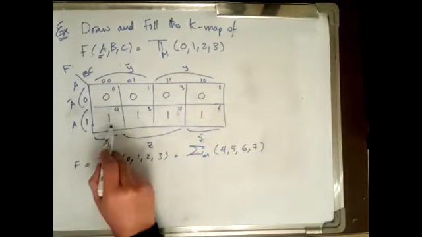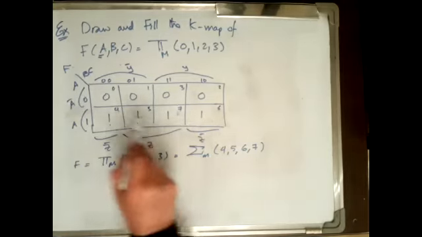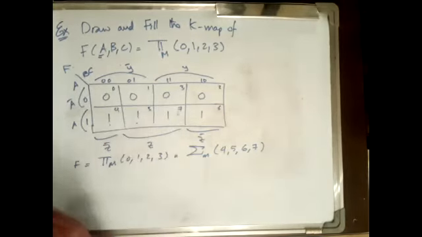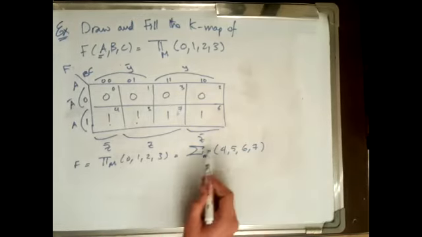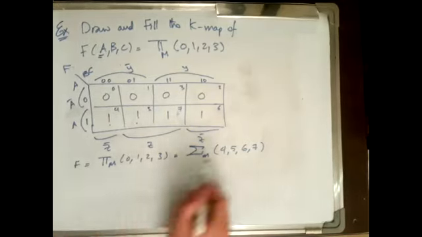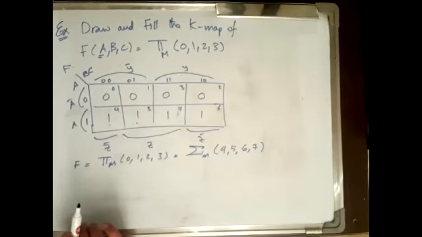These are the ones: 4, 5, 6, and 7. The zeros are these. You can try to simplify starting from the product of max terms or the sum of min terms. It's up to you. But by this time you know that working with the sum of min terms, or sum of products, is easier than working with the max terms and